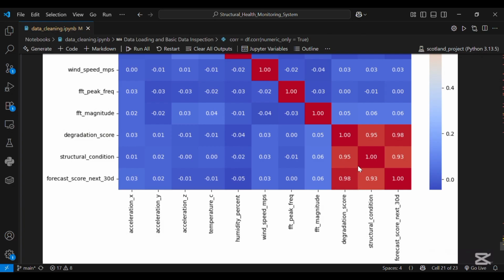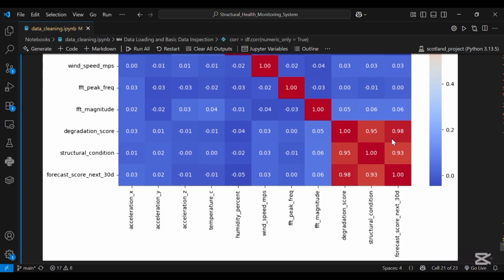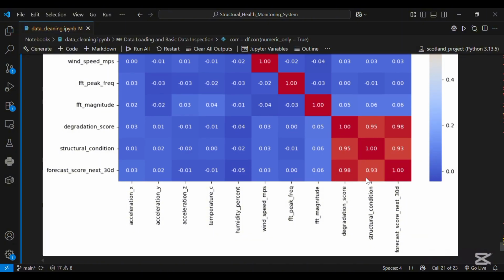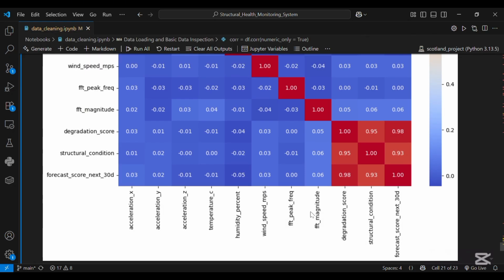And look at this, it has a strong positive correlation of 0.95, which means 95% with the degradation score. This makes perfect sense. As the degradation score goes up, the structural condition value goes up. It also has a strong correlation of 0.93 with the forecast_score_next_30_days.